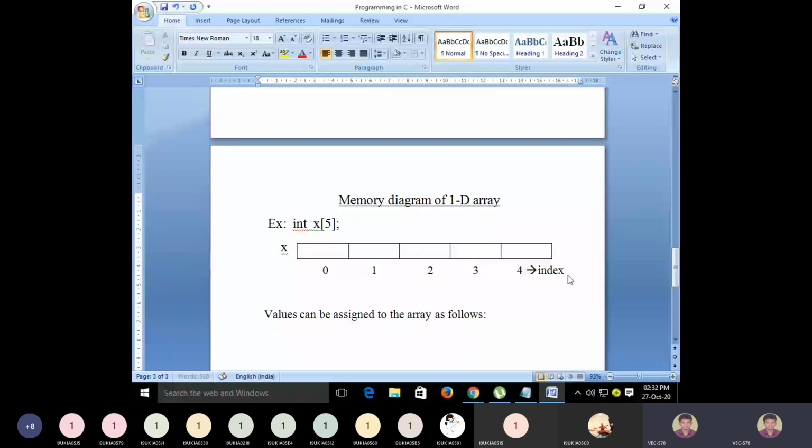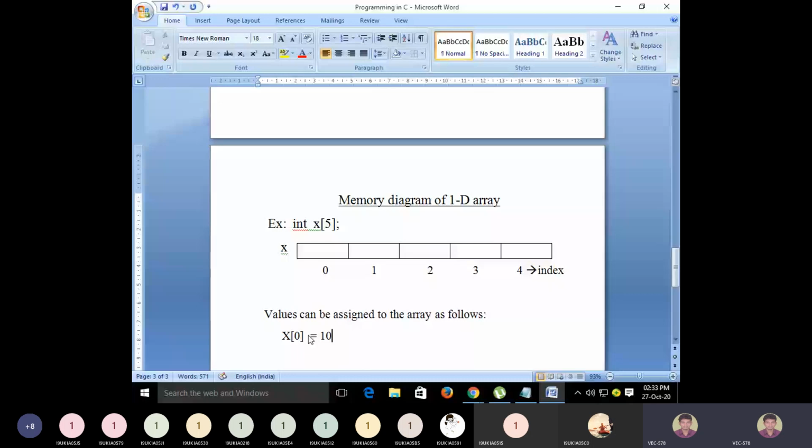Okay, now see here, this first element is at index 0. Index 0 of whom? Array x. So that's why this first location will be accessed by using the notation x of 0. x of 0 is equal to 10, ending with a semicolon.